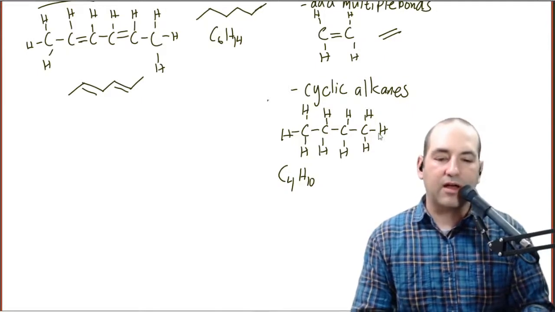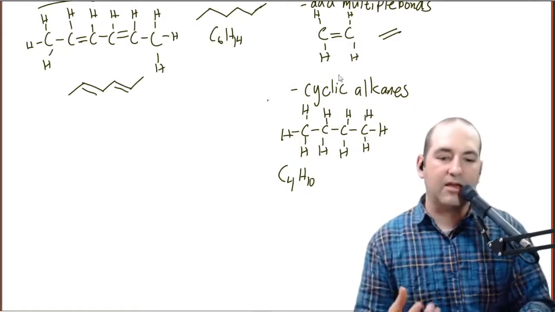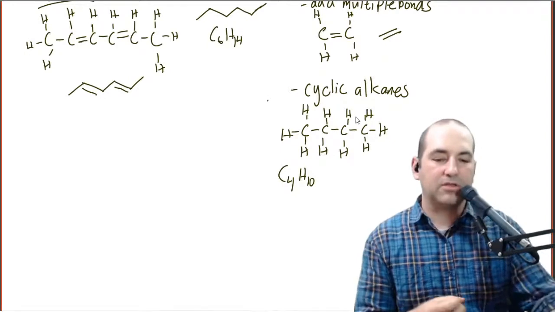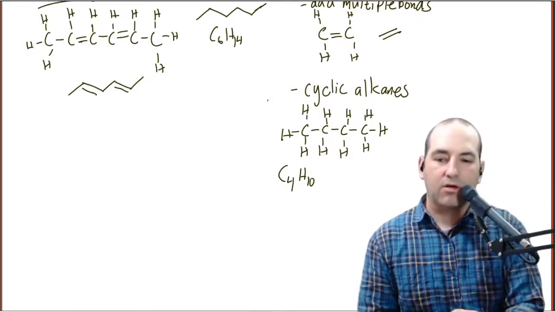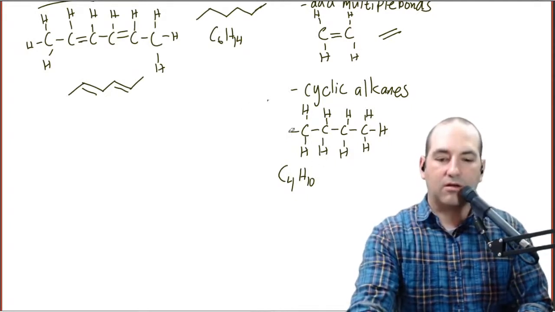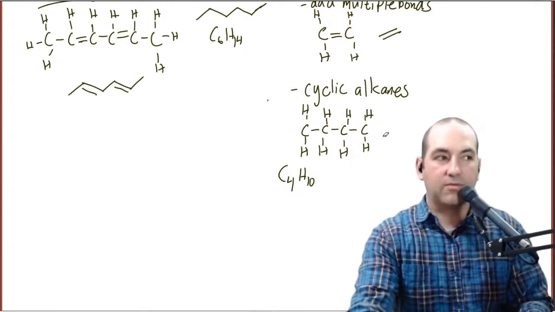What happens with a cyclic alkane, if you imagine this in pieces again, is rather than pull a piece off and put it on somewhere else like we were doing with isomers, we can actually remove hydrogens from the ends